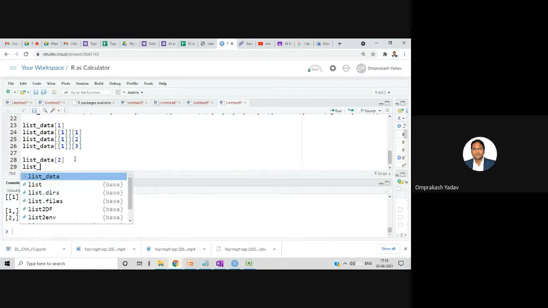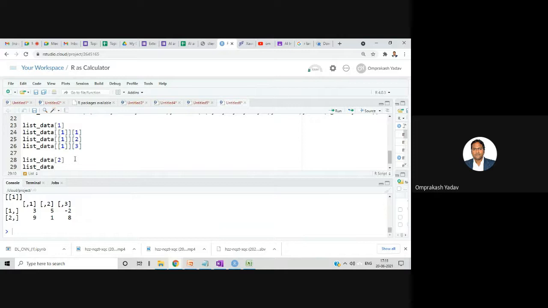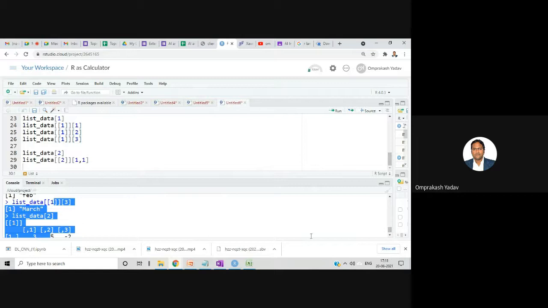List data, right? So first of all, at which position, that I'll have to mention in double brackets, and then in one bracket you can mention the coordinates of that particular element. So let's say 1, 1, and I'll enter. So it will show me that particular element, right? So like if you mention 1 comma 2, so you will get what? 5. Sorry, 1 minute.